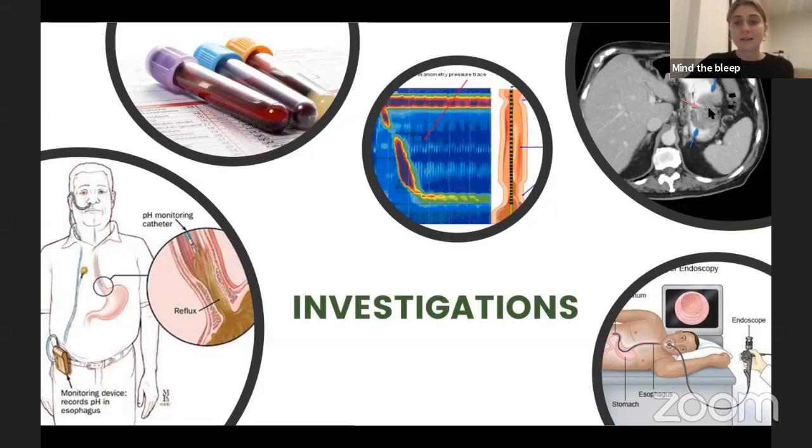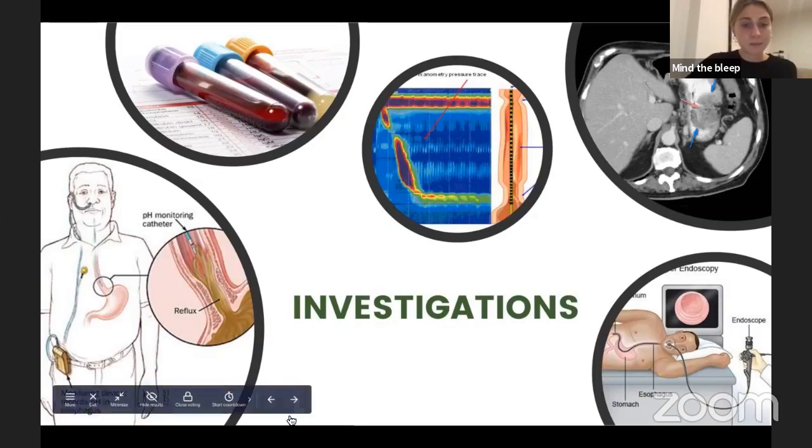Another test that you might think about is just at the top here in the right-hand corner. You might think about doing a CT of the chest, abdomen, and pelvis, but that will only be suitable in patients in whom, first of all, you do suspect a malignancy, to either look for distant metastases or if the patient is not suitable for endoscopy. Okay, but moving on,